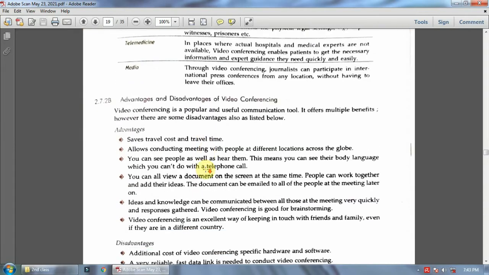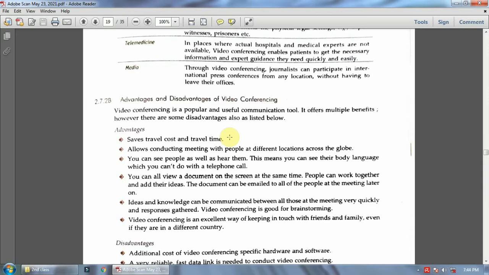Then advantages and disadvantages of video conferencing. First, let's see the advantages. Saves travel cost and travel time. Suppose there is a business meeting in Delhi, and the person has to travel from Guwahati to Delhi, he has to pay the fare, either by flight or by train.